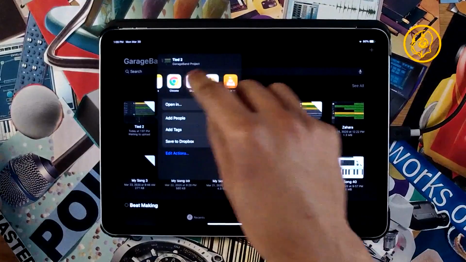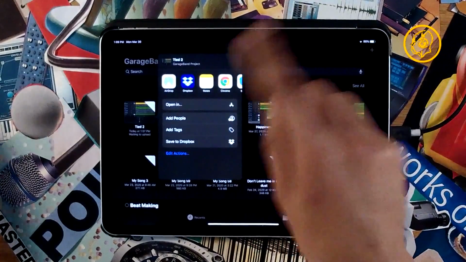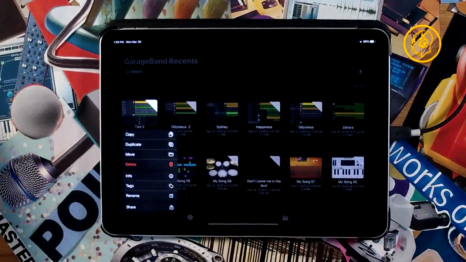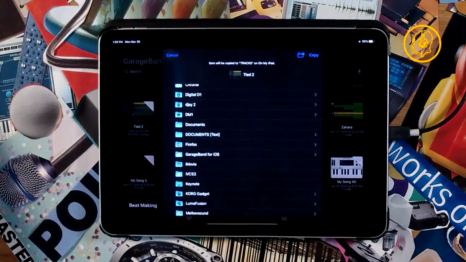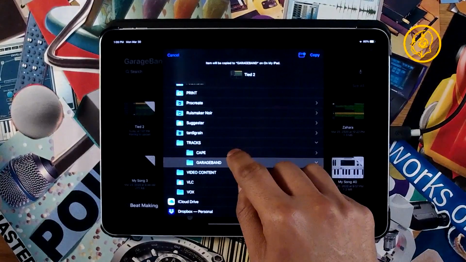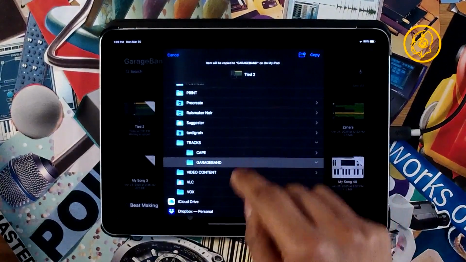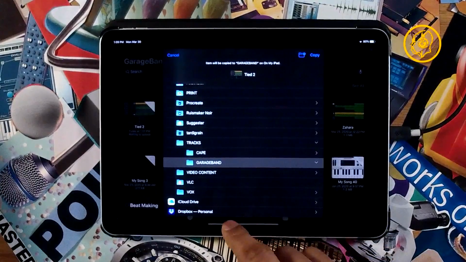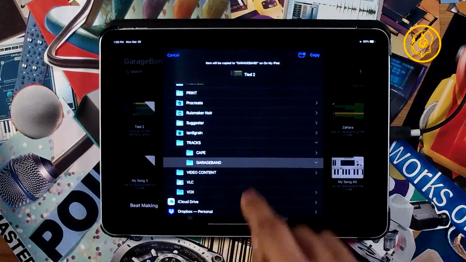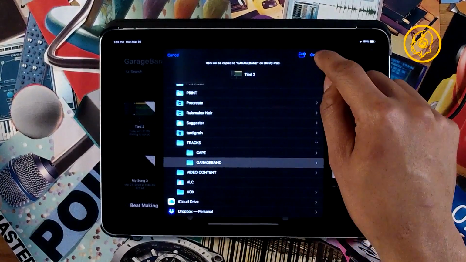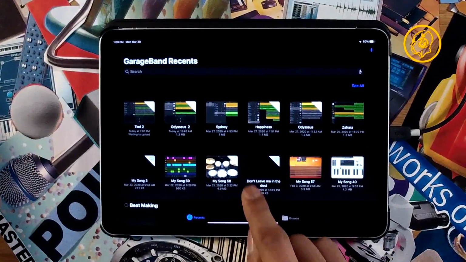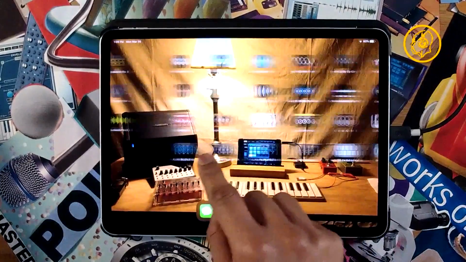You have to go into File. So what you have to do is a whole different thing. If you want to send a project, you can't do it this way. You have to click, hold, and then you have to move it to the Files application in your iPad or your iPhone. I have some folders already made up, but my main folder is called Tracks, and then I got one called GarageBand. And what I want to do is copy it into that folder. Boom.